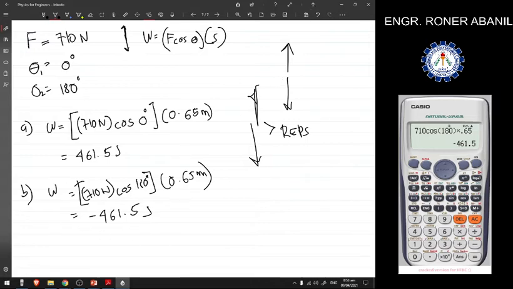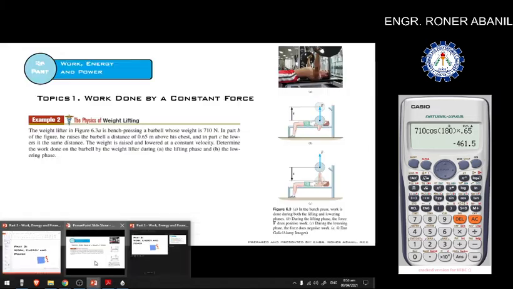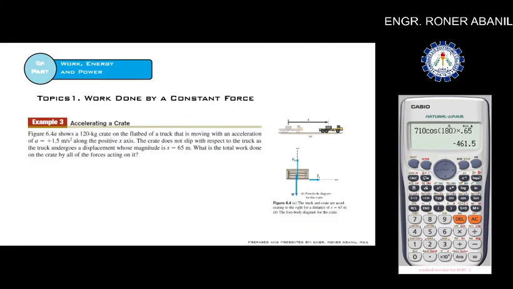Kaya to, negative. So, balik tayo sa presentation. So, meron pa tayong example number 3. Ayan. So, dito naman, kung makikita natin tong figure na to, meron daw 120 kilogram crate na naka-flatbed sa truck